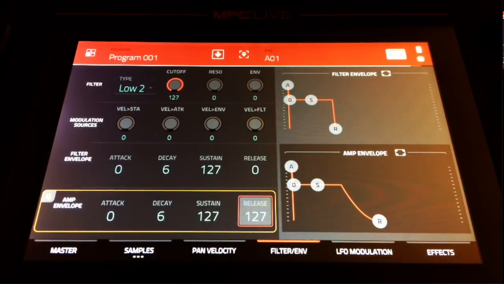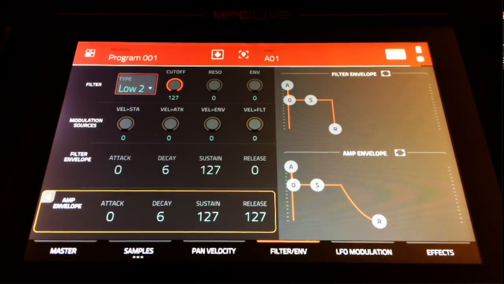Okay, so I'm going to go to the filter envelope page now. Again, we've got all the same options up here. Now we've got access to loads of different filter types. I'm not going to explain what every one of those does, but I'll tell you which ones they are. We've got low 1, low 2, low 4, low 6, low 8, high 1, high 2, high 4, high 6, high 8, band 2, band 4, band 6, band 8, band stop 2 pole, band stop